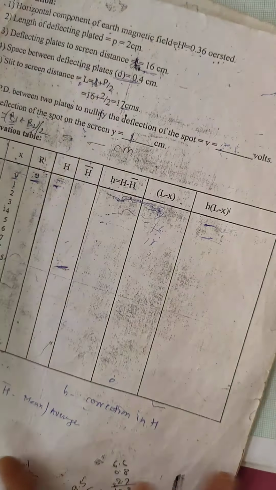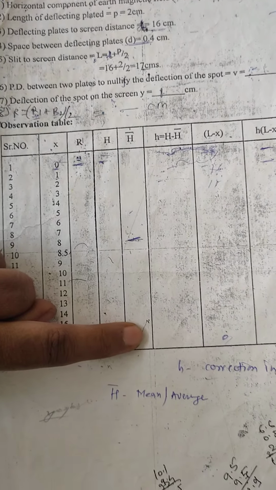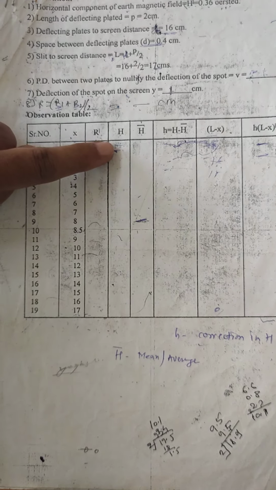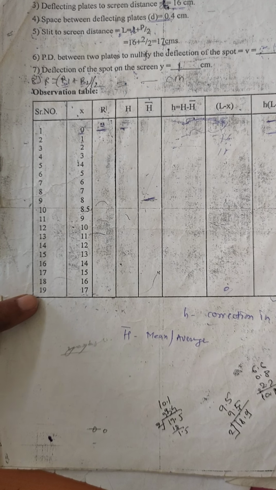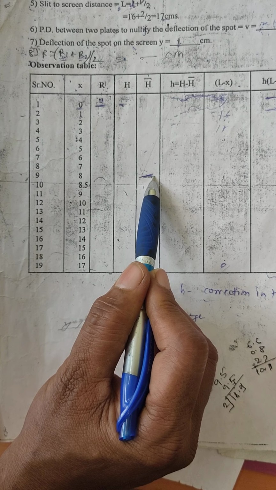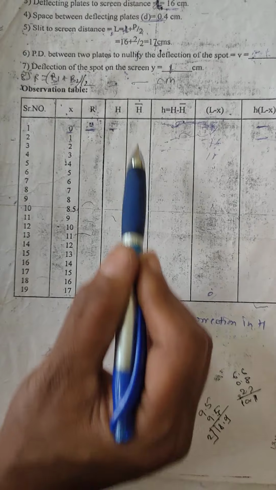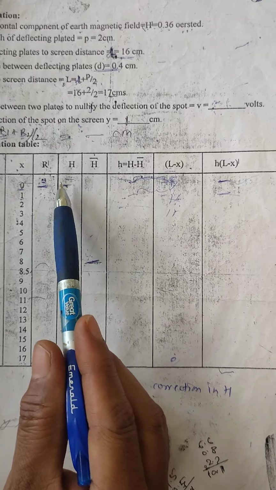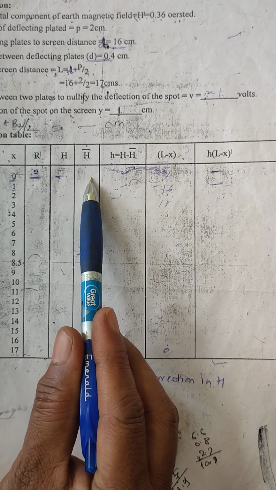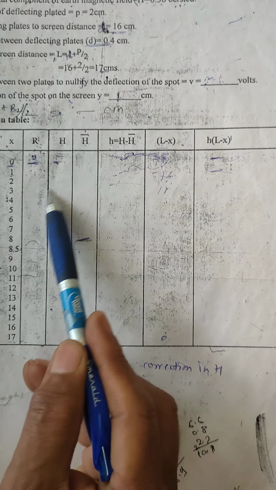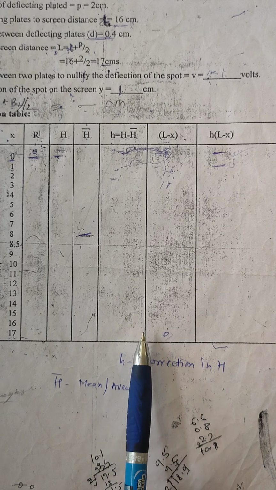Okay. Now once you complete this H column, then you have to find out H average. H average is nothing but the total of this H column divided by total values of H. So make a total divided by total values, that is 19. So in the H average column you will get a single value. Once only you will write that down, no need to write it 19 times, that is H average. Then small h is the correction between the original value of H and the average of H. So small h is H minus H average. For each value of H you will find out small h, that is 19 times you are finding out small h.